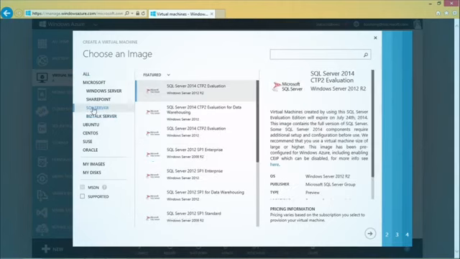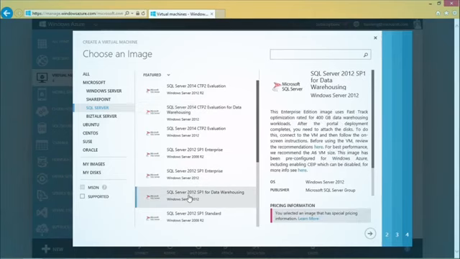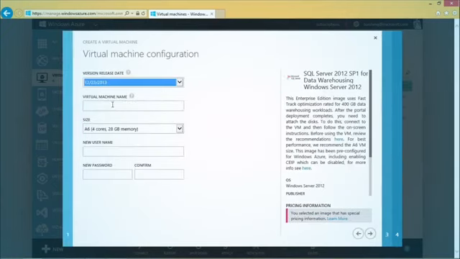Let's narrow down on the SQL Server images. And what you see here are different SQL Server images. Here's the one for data warehousing for SQL Server 2014. And here is the one for SQL Server 2012, again, optimized for data warehousing. So those are the two images that we have in the gallery that are optimized for data warehousing. Let's take the one for SQL Server 2012 and